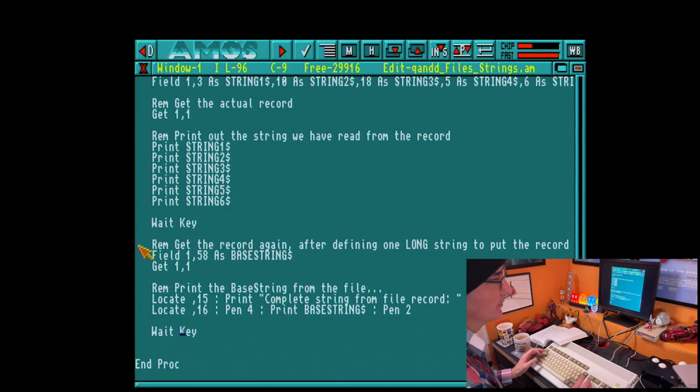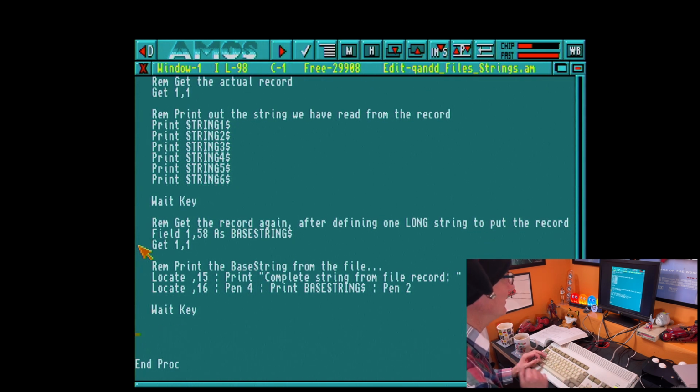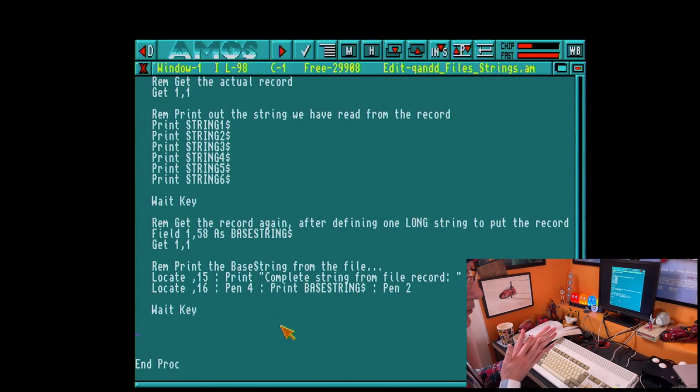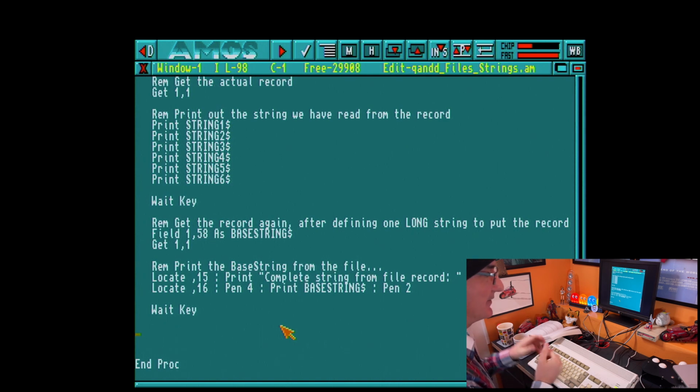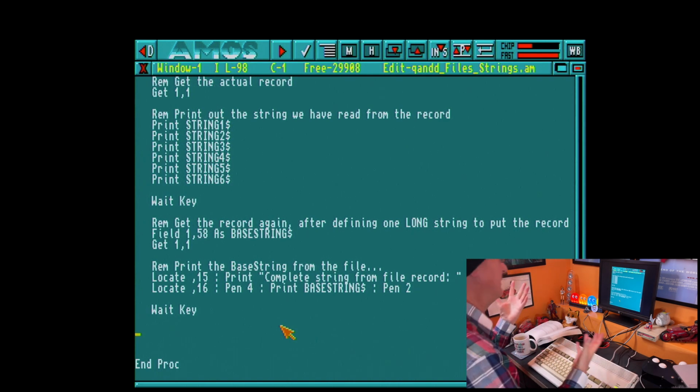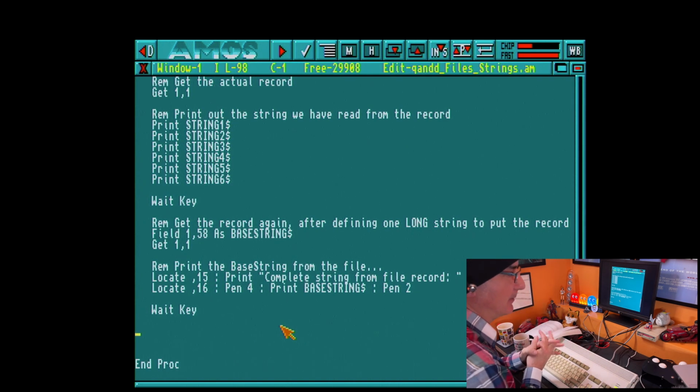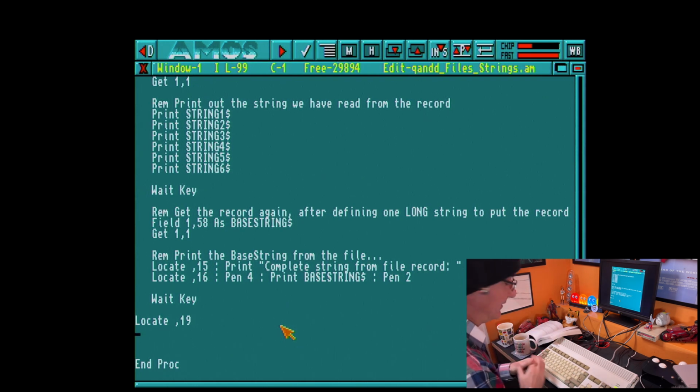So now what we need to do is start to separate this out. And this is where the magic starts to happen. So I'm going to introduce you to some new instructions now, and this is going to get really exciting. This is where the string manipulation starts to come alive. So first thing we're going to do is locate, comma 19, and rem. Now start to separate